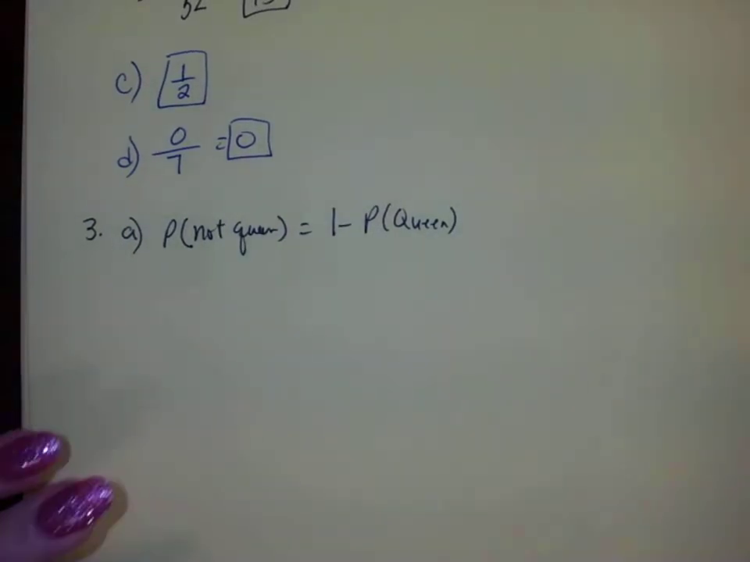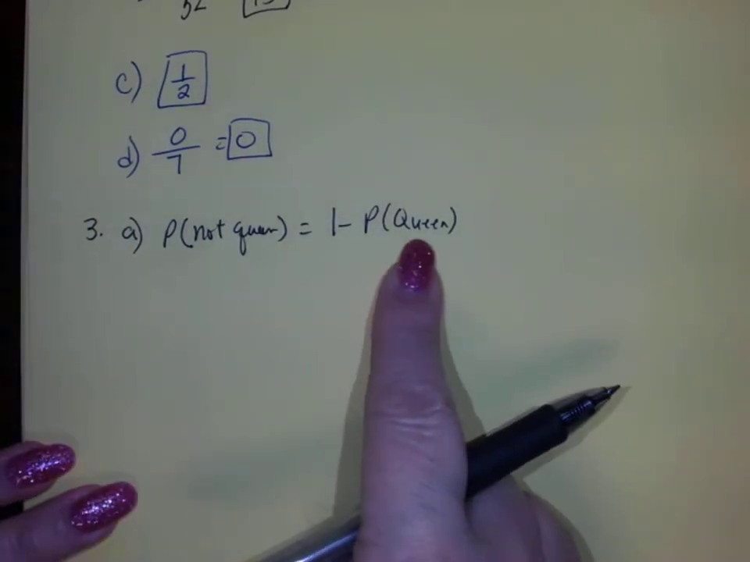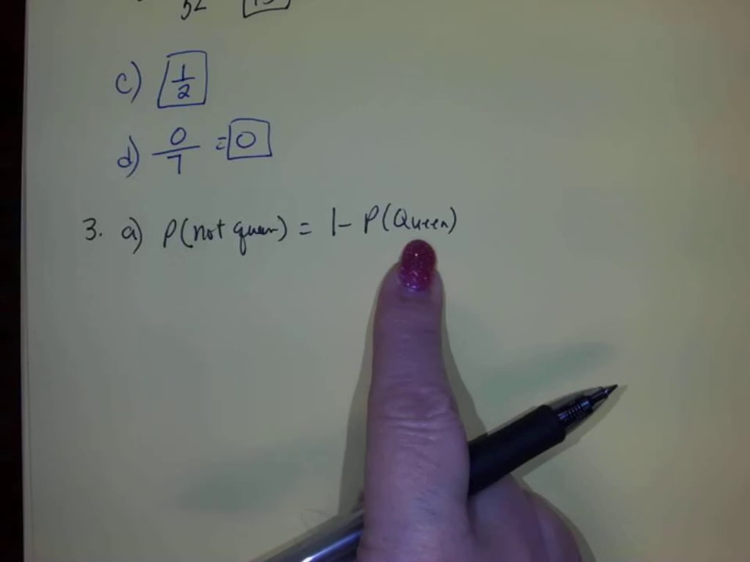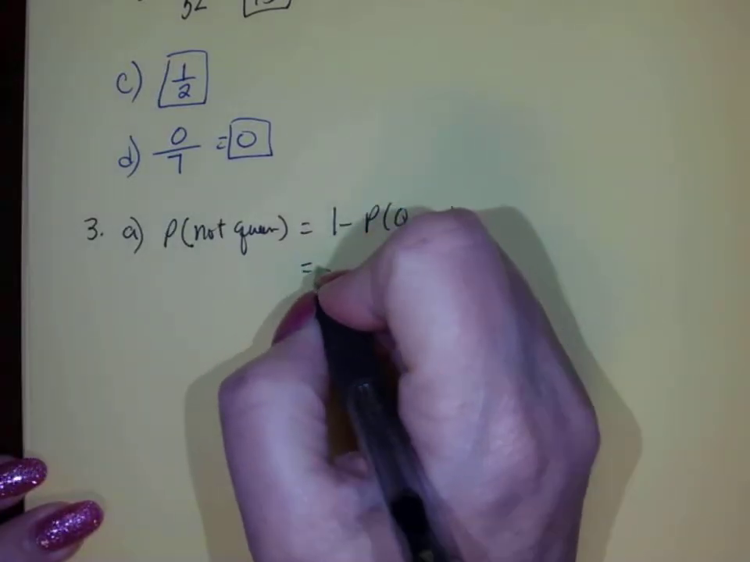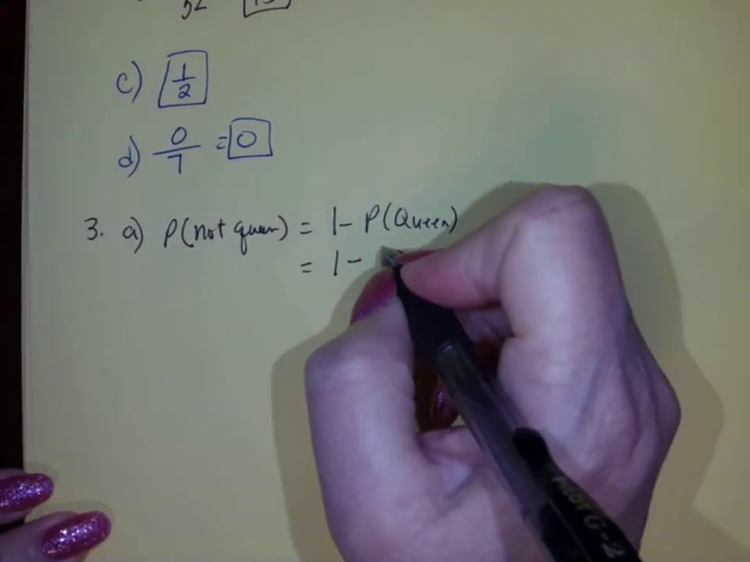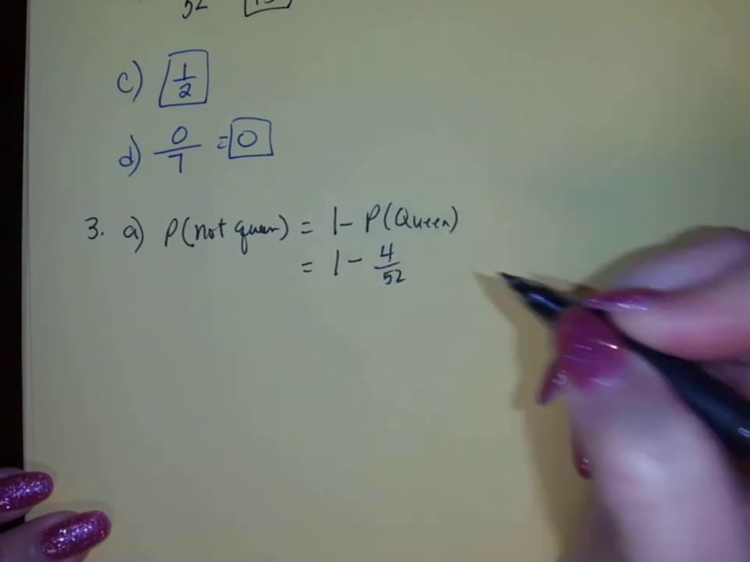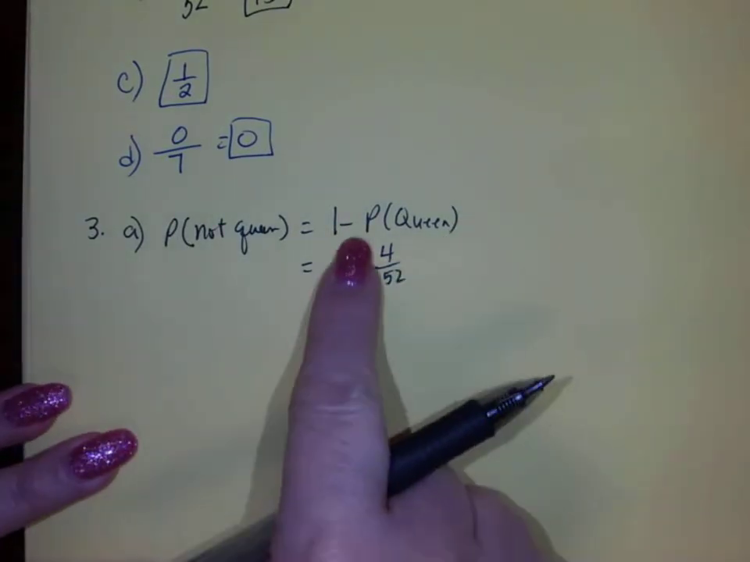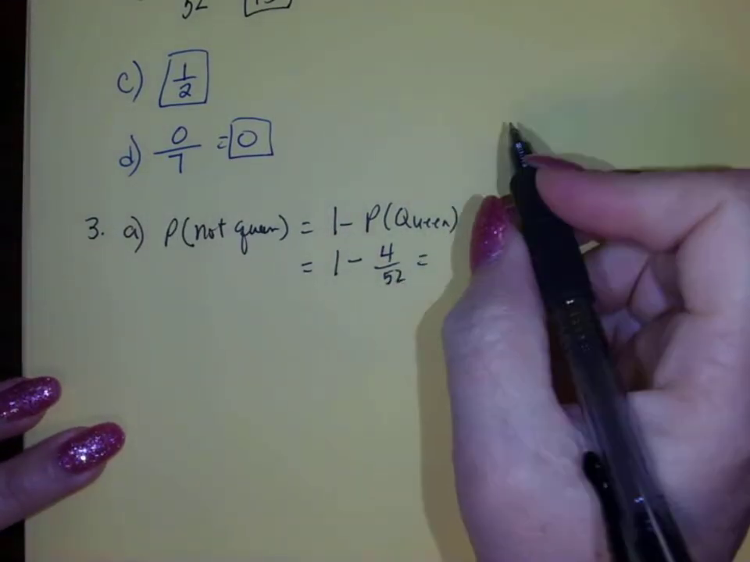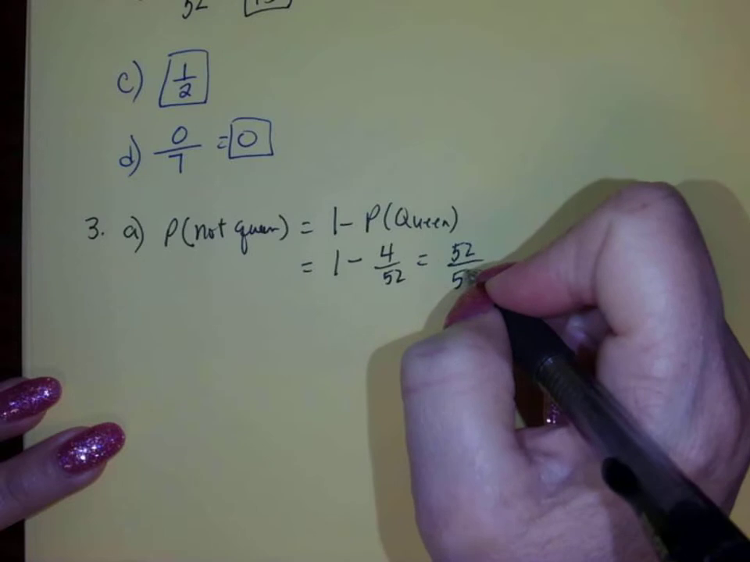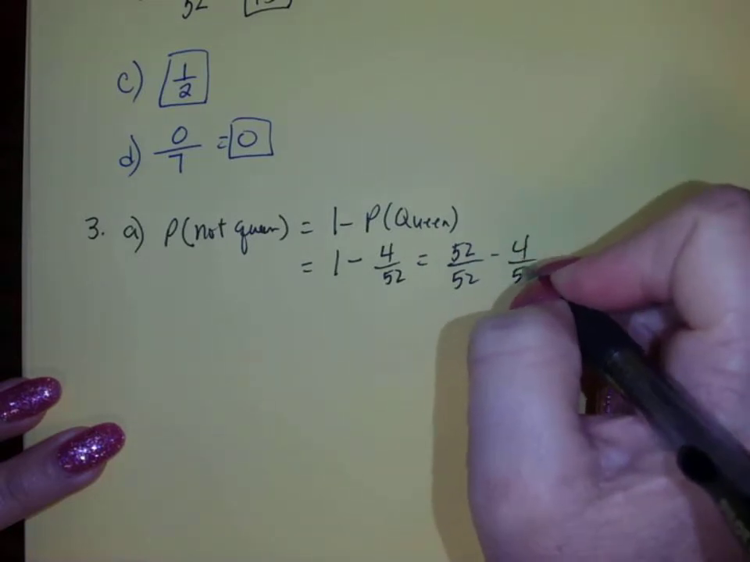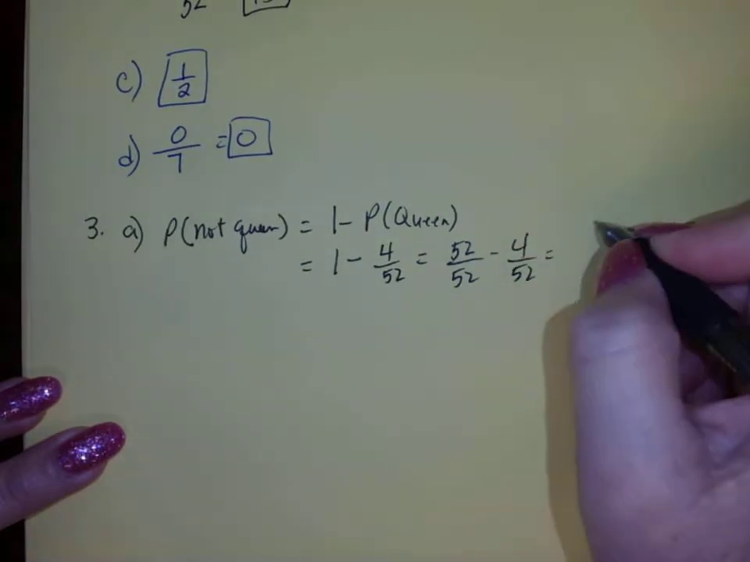Or not gathering, but selecting a queen. And we know that the probability of drawing a queen was the same as the probability of drawing a 10. So this will be 1 minus 4 out of 52. And we've talked before, we need to change this to a common denominator. So 52 out of 52 minus 4 out of 52. This will get us